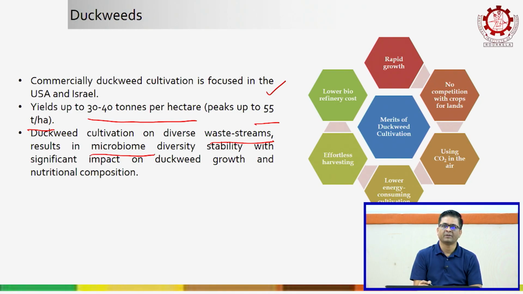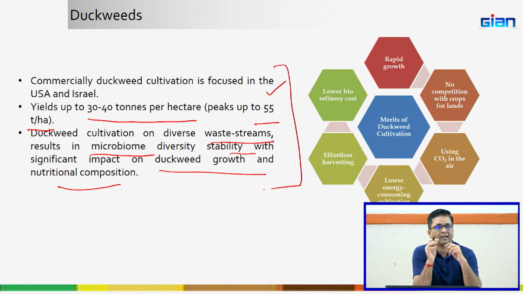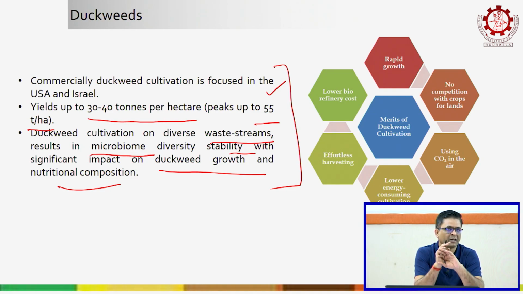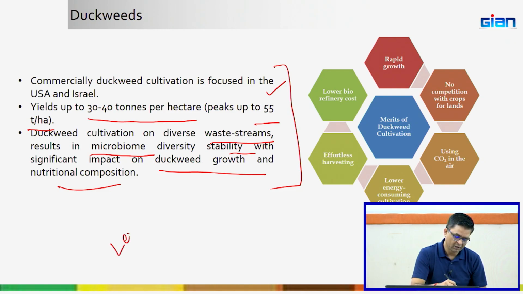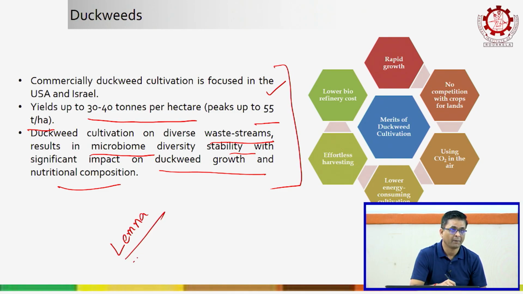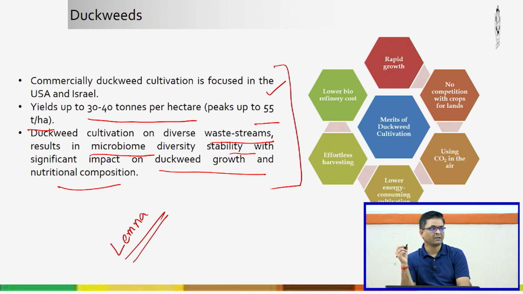What is microbiome? That is the microbes in the biosphere, with diversity and stability having significant impact on duckweed growth and nutritional composition. So all these duckweeds, whatever is grown, have some unique features. And for that, any standard aquatic plant book, you can look into it and you will find all those answers. One of the common species I will be discussing further is Lemna minor or Lemna gibba. So these are some of the species which are quite